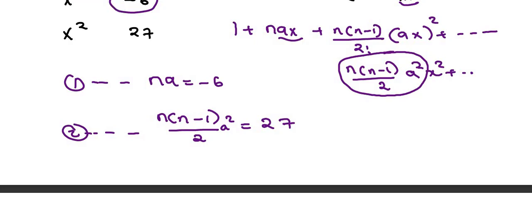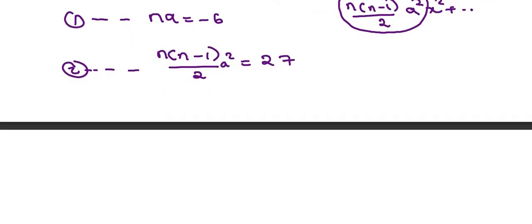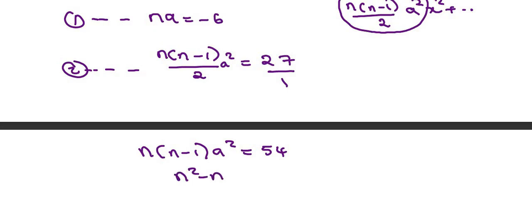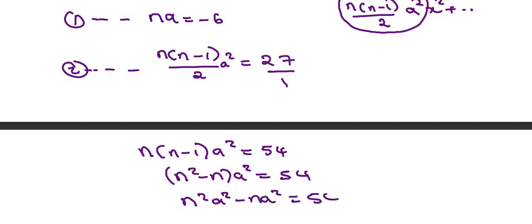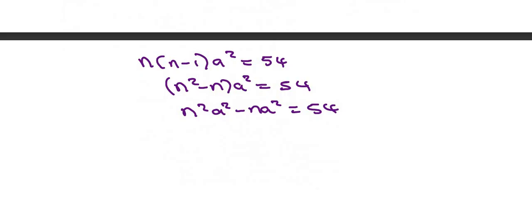So if we want to proceed and simplify what we have, so we have the guide down here, we can just cross multiply the 2 so that we simplify our expression. We'll get something like this. A squared is equal to 54 when you cross multiply with the 2. Then here I'm going to expand this n squared and an n. Then there's an a squared waiting outside. I'm going to take my time to do this so that you see it clearly and realize that it was actually easy, because from here now